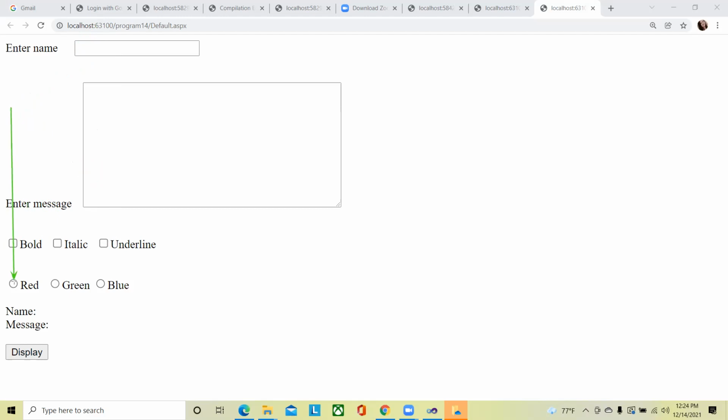Then if you select any one of these radio buttons, that value will get applied to the values in text box number 1 and text box number 2. Now here I have this one, guys. This is the name and message, which is nothing but label number 3. When you execute the code, label number 3 is replaced with the name and the message. So label number 3 will acquire these properties. And this fore color means the color of the text. Clear?